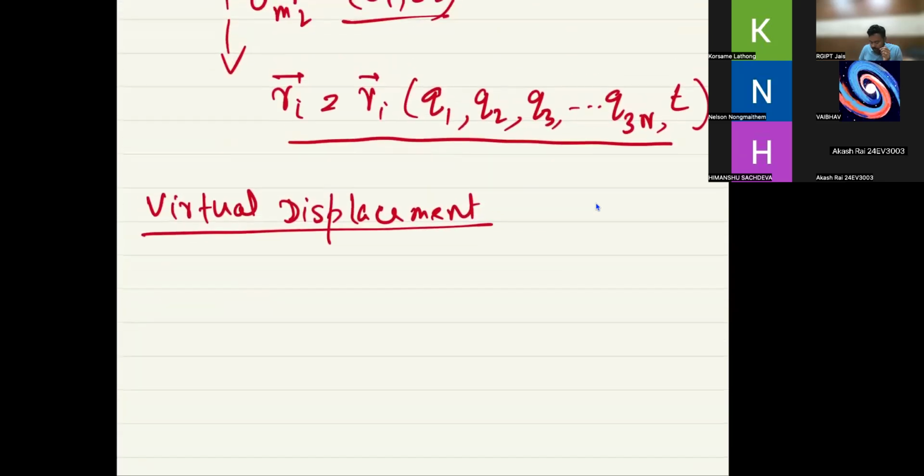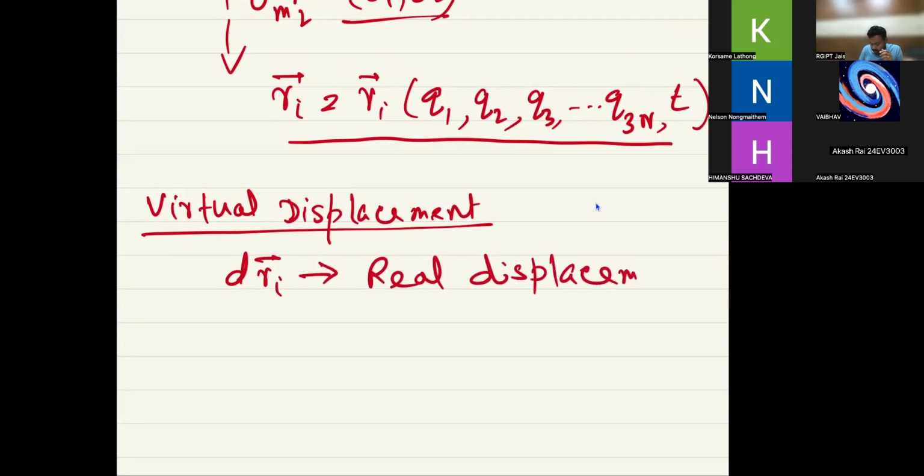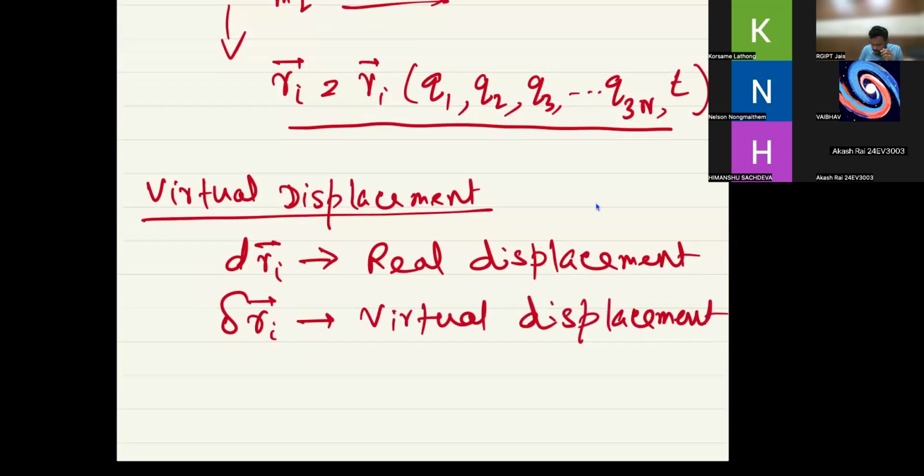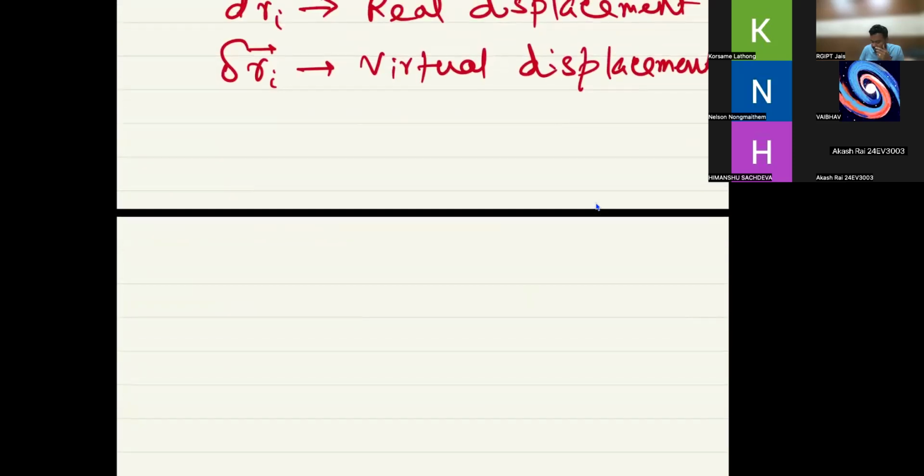Virtual displacement. And I told you that if we write dRi like this, this is real displacement. This represents real displacement. But when we write with this symbol delta Ri, this means virtual displacement. And what is virtual displacement? We gave a definition that